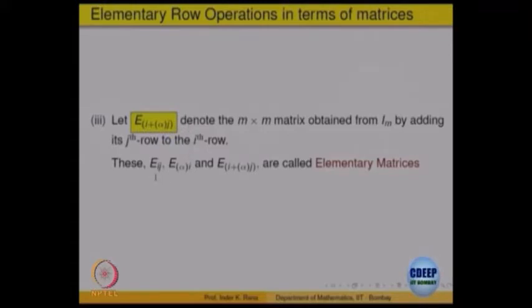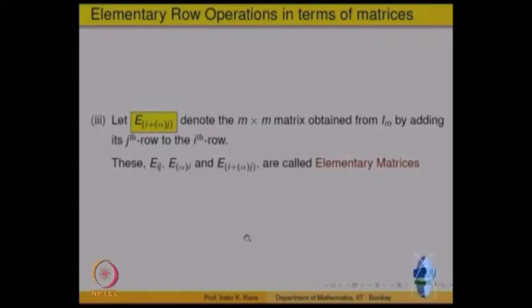So, you get three types of elementary matrices. Okay. These are called elementary matrices. What is the first one? Eij. What does Eij mean? Take the identity matrix, interchange its ith row with the jth row. E alpha I: multiply the ith row by the scalar alpha, and that alpha should be non-zero, right. And the third one: take the ith row, and to it add alpha times the jth row, on the identity matrix. So, this will change the identity matrix into a third type of matrix. These three are called elementary matrices.